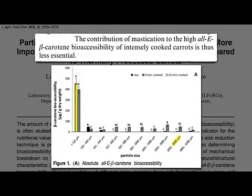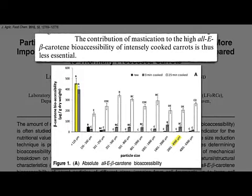Intense cooking, boiling for 25 minutes, so damages the cell walls that even gulping down